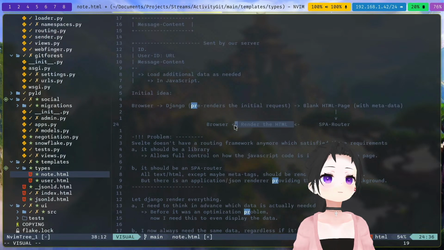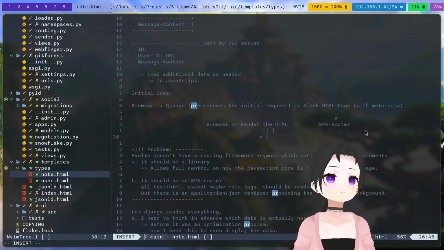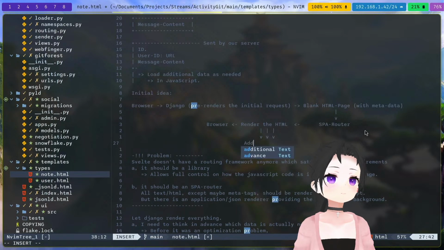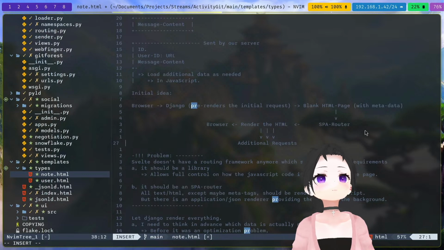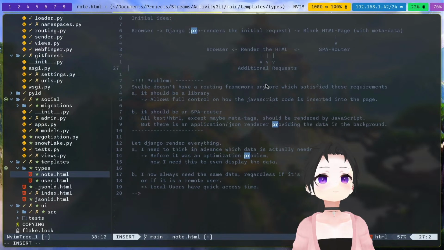Because by rendering the data in HTML, I can then issue additional requests as needed to display the content that should be displayed. Which I can't do anymore, because